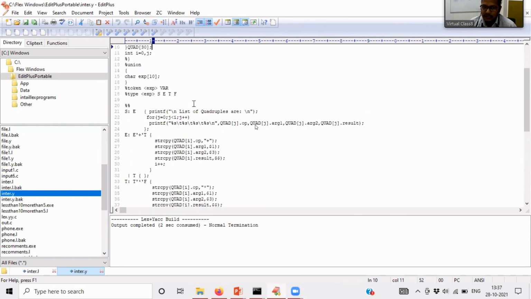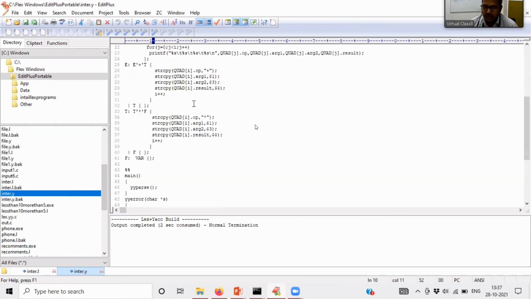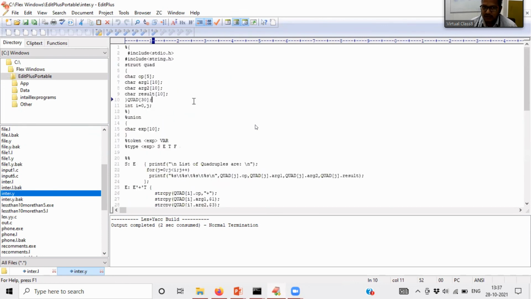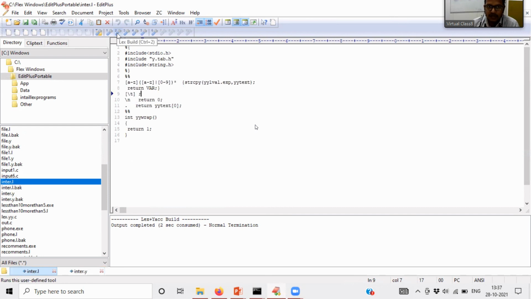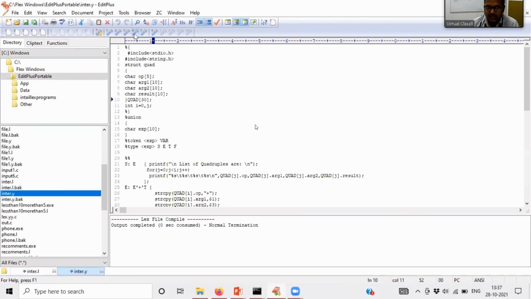All of you, please try to do the equal to and division and all the other stuff. Please first execute as it is. How can execution be done? First the lex program, we just need to compile. Similarly, this YACC program, you just have to compile. Then the combination: lex plus YACC we need to build, not lex build separately and YACC build separately. We need to build them together.